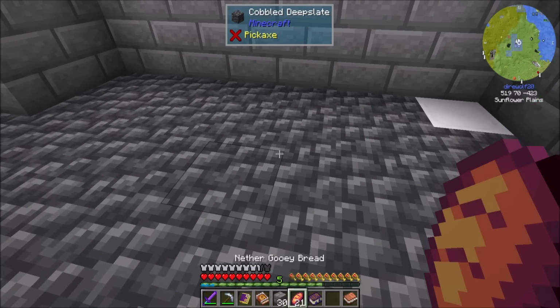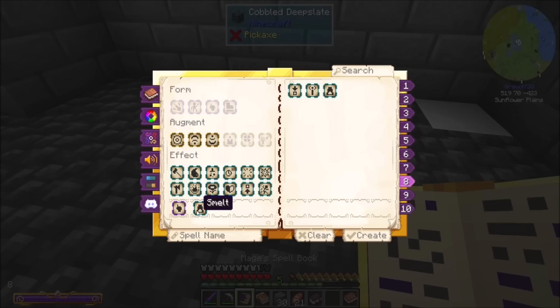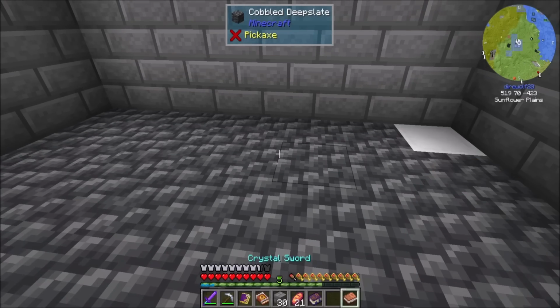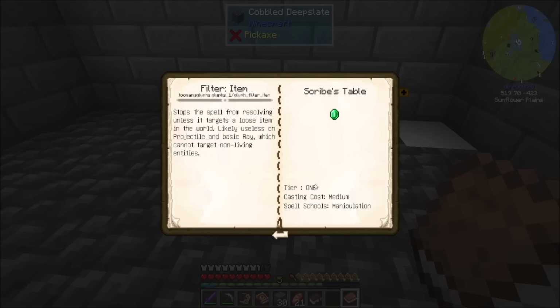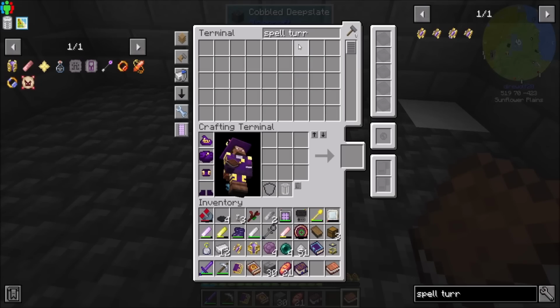So if I put a filter on item here, so we would need a filter item. I need to learn how to make that one. Filter item is just an emerald. Okay. Stops the spell resolving unless it targets a loose item in the world. Likely useless on projectile and base ray, which cannot target non-living entities. Okay. So if I just got an emerald,